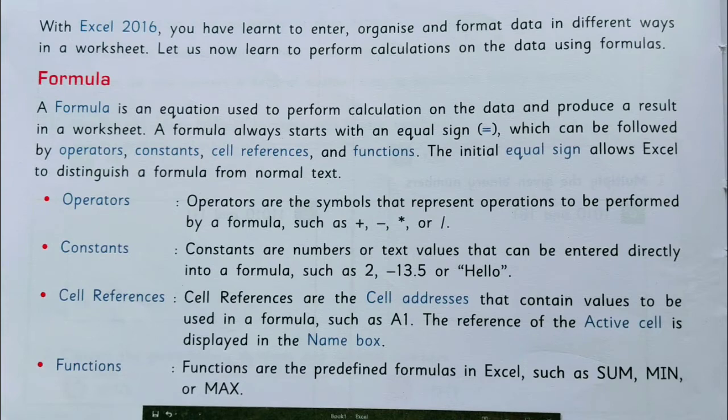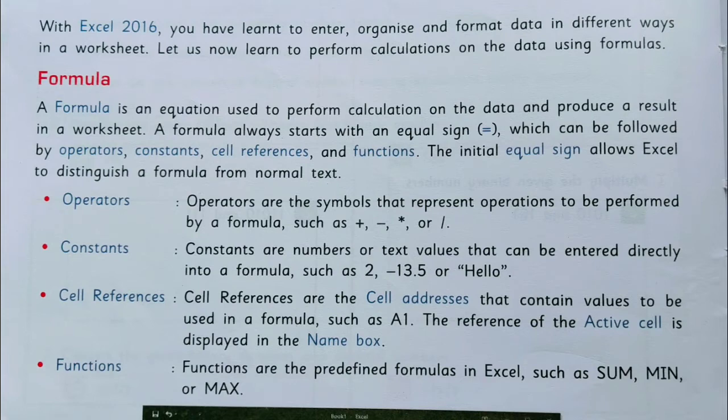Operator. Operators are the symbols that represent operations to be performed by a formula, such as plus, minus, the star sign and the divide sign. Constants. Constants are numbers or text values that can be entered directly into a formula, such as 2, minus 13.5 or